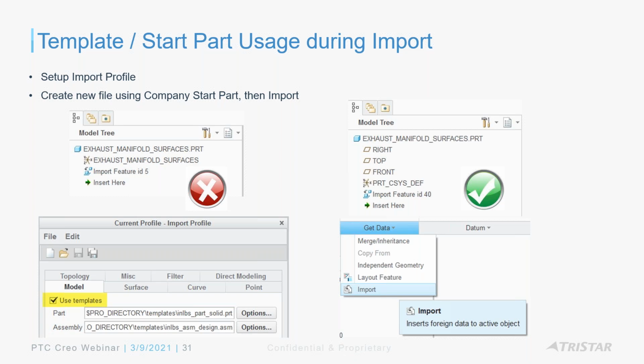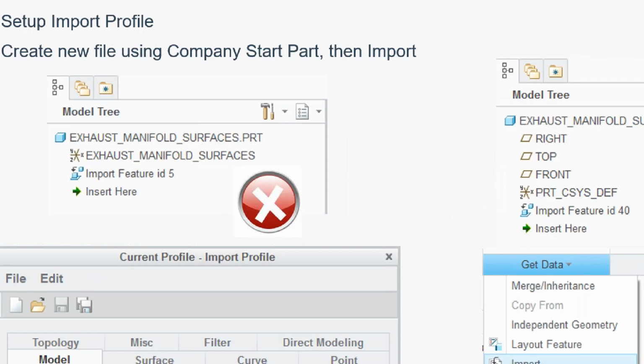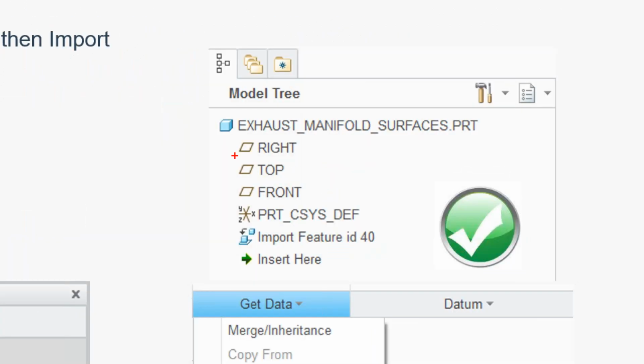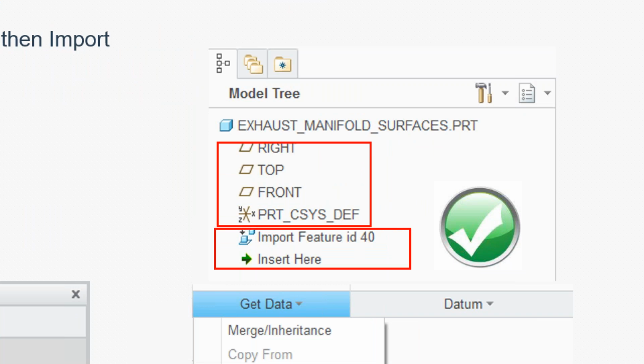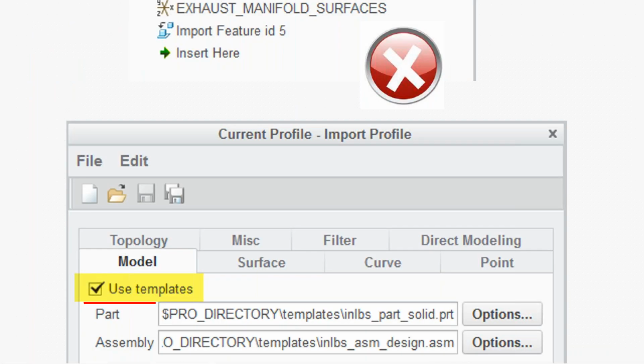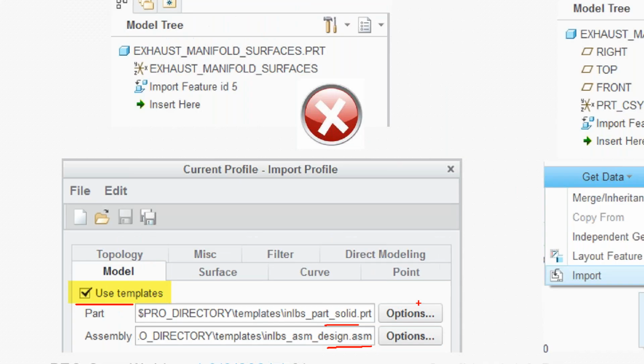But then I'm also ensuring that I'm bringing in the imported geometry. So if you don't want to just get a compared to look at this one here, right? All I have is the import feature, but here I have my datum planes, my coordinate system, and then the import feature. So if you forget to use templates when you bring in, there's a use templates option. That's all it takes, and it picks up the template, or you can pick your own template in the